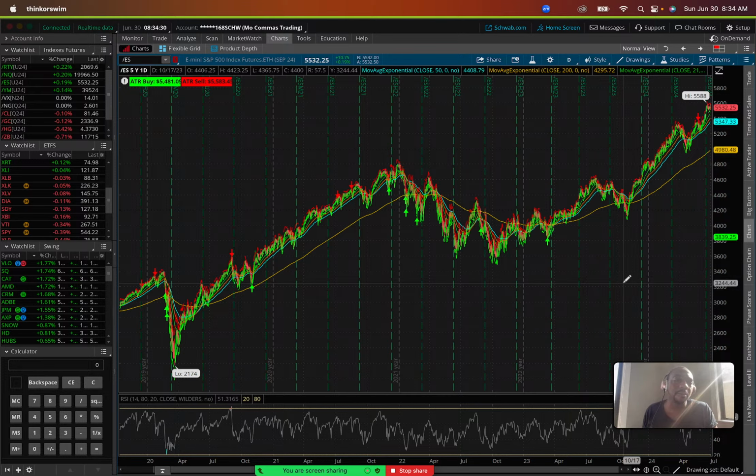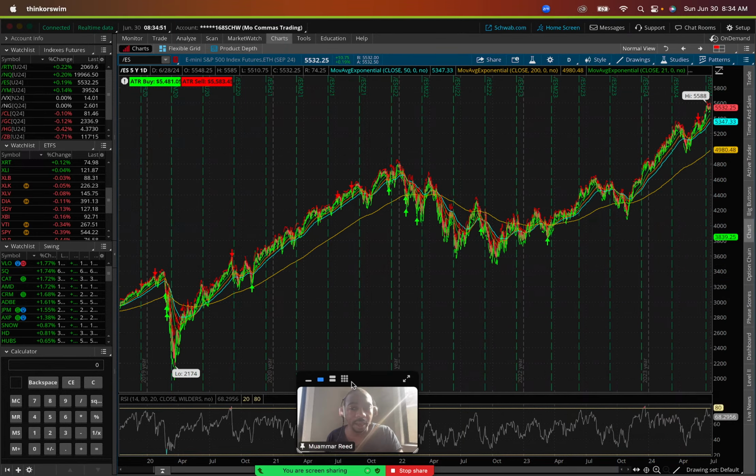This is the entire market, right? The top 500 stocks in the market that represent the market. The S&P ES is more broad. You see the index futures here. But are we in a bull market? It looks like it because we're headed up, right? If you just zoom out, it's a trend. If you just zoom out and look at where we are,